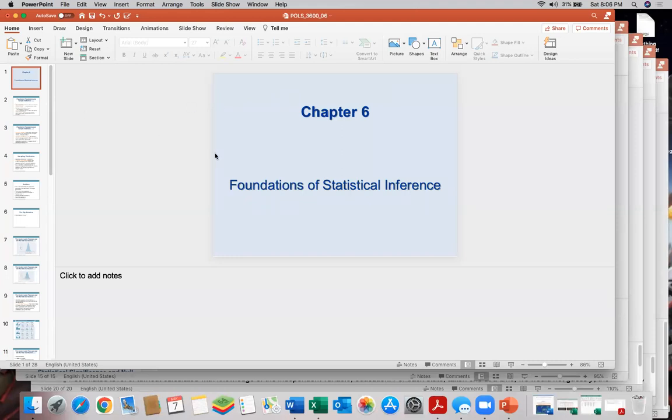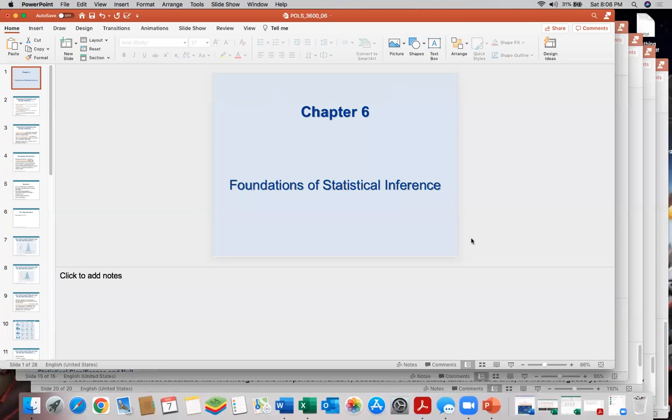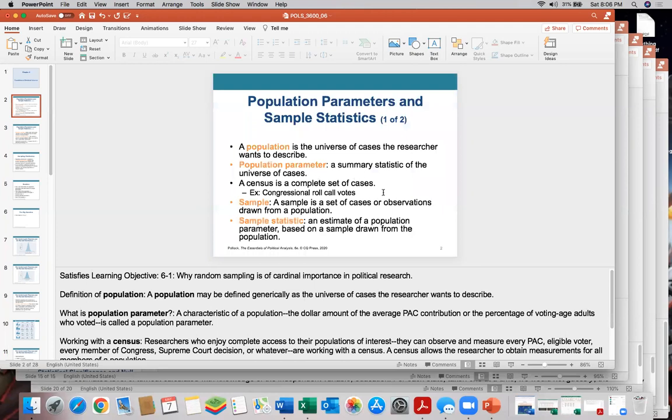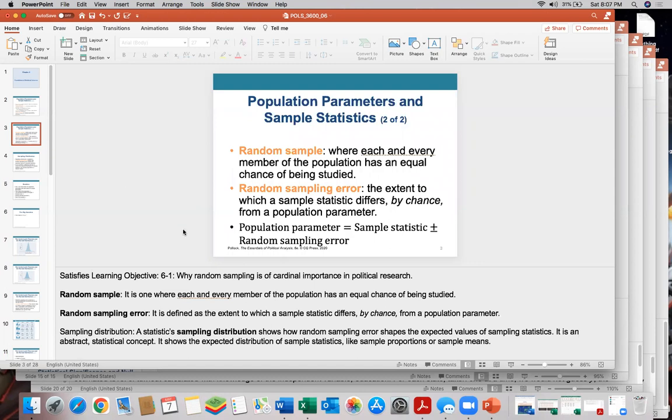So chapter 6, this is the one that really had a lot of definitions. It starts off going over the population parameter versus samples and everything. So obviously populations are everything, samples are just the small bit that you're looking at, and then going into random sampling and random sampling error. As far as how much he's going to really focus on these, I don't think a whole lot, simply because it's only a 40 question test. So I would